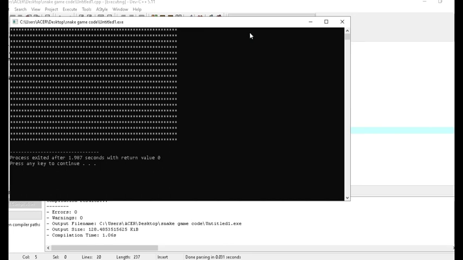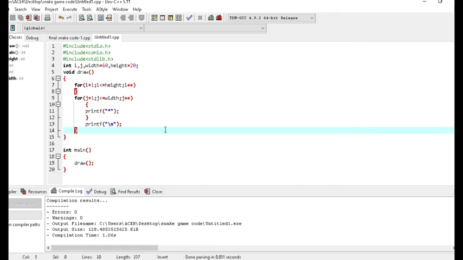So now, as you can see, this is basically the logic to print a rectangular box. Now you can see the code. I wrote this code just to print this box, but I don't just need a box.